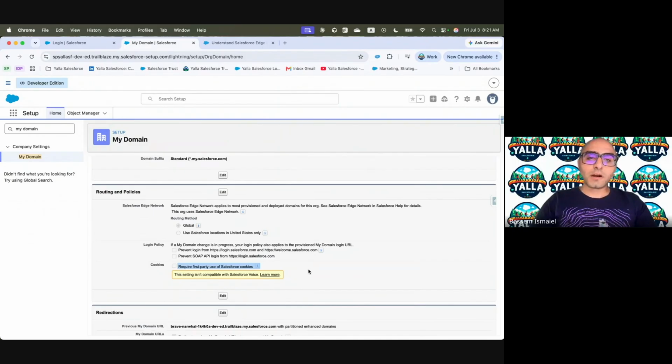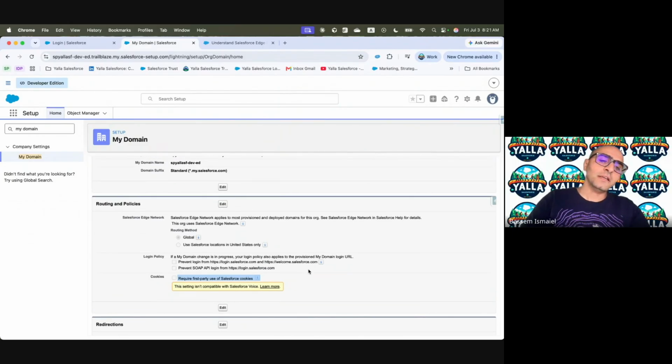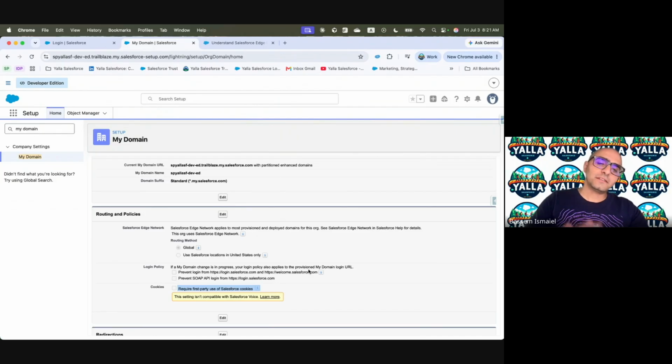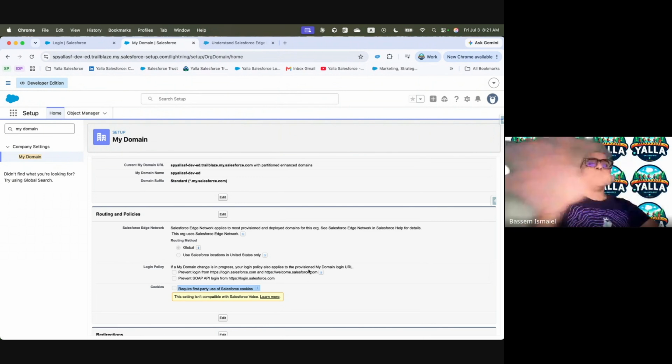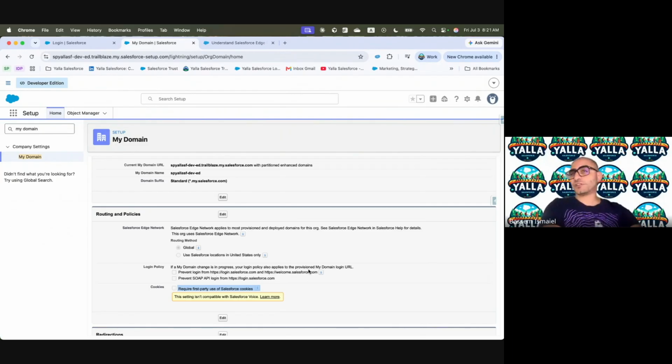Cookies require first-party use of Salesforce cookies. Salesforce, in general, is using the cookie in order to store that you authenticated into this Salesforce instance, and then store some information within those cookies.